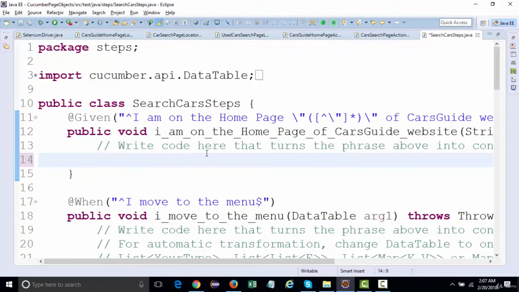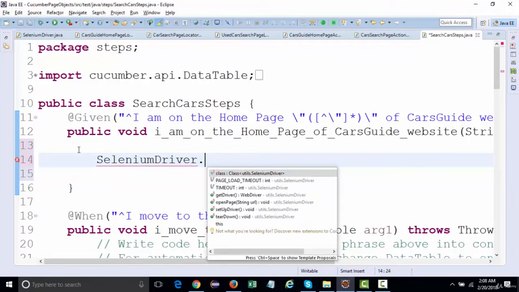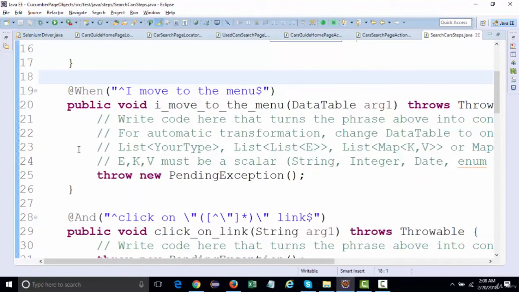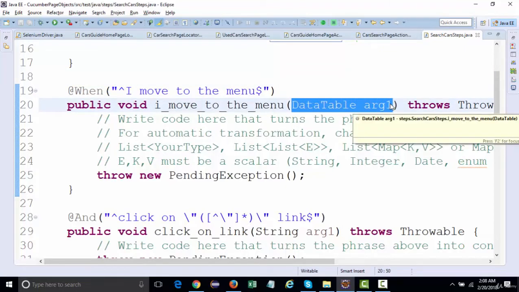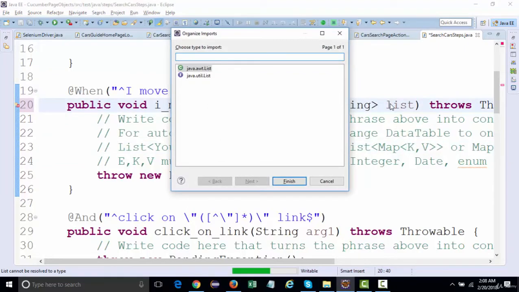I'll remove these comments. So this should be Selenium driver dot, the method we have created, open page, and the URL we're gonna pass from the website URL. Then there's a data table. The data table we're gonna create in the form of a list, basically. So a list of string type. Import this list,